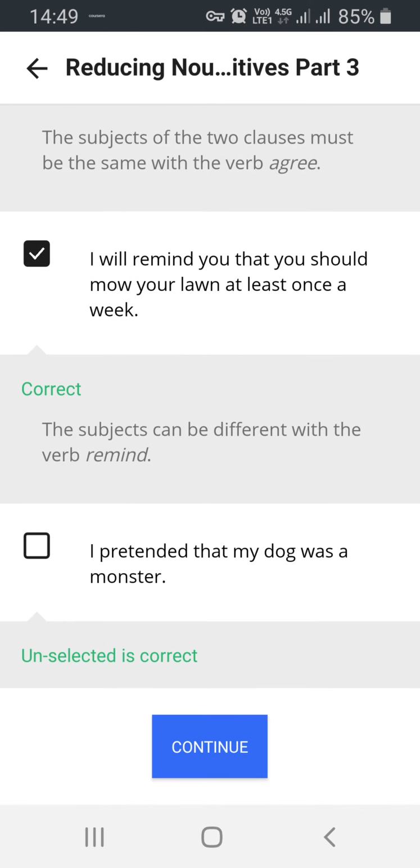Okay, that concludes the final part of reducing noun clauses to